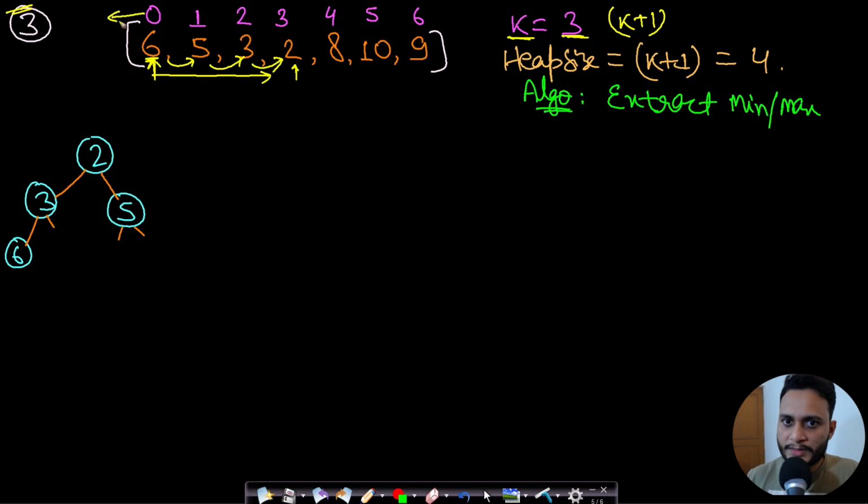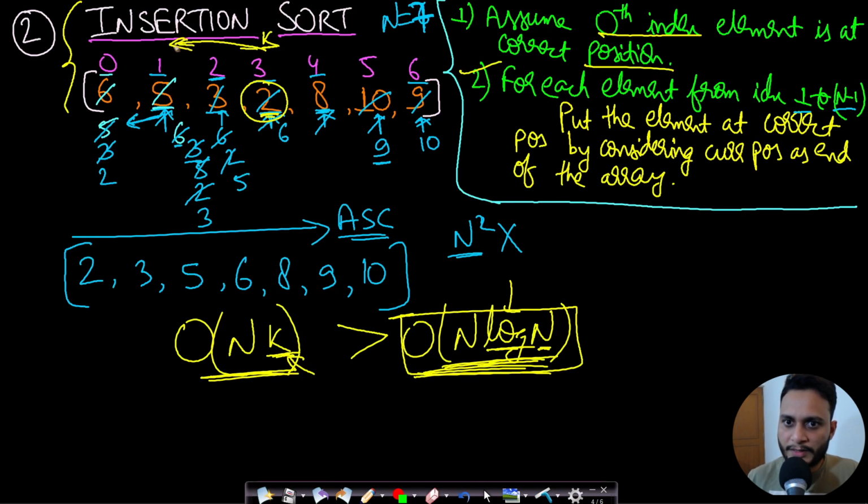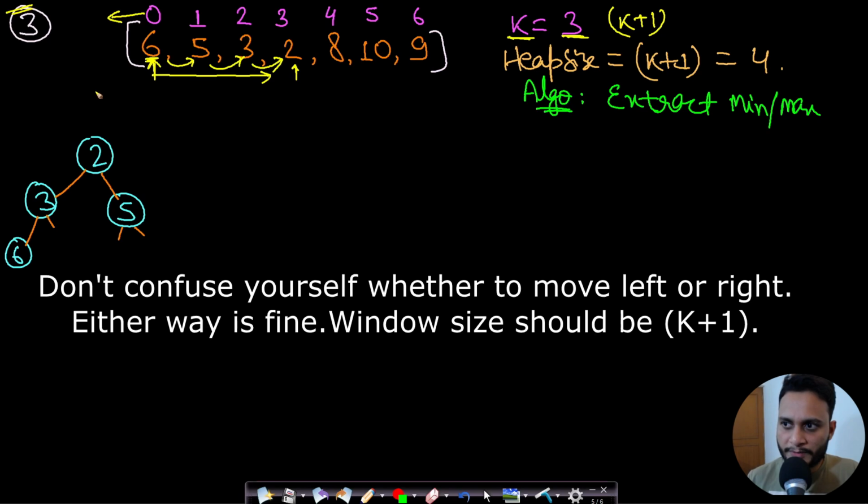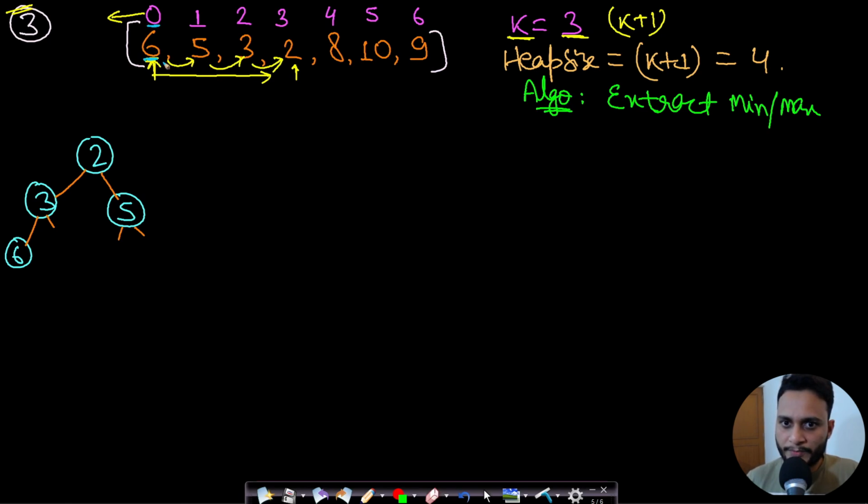Because we are not considering anything to the left. In the insertion sort as well, we were just considering the left elements. We did not consider the positions to the right. In this case, we will be only considering elements to the right and not on the left. So here, if you consider the element which will be present at index 0, then obviously the element which will be present in the sorted order at index 0 will be from among the elements at index 0, 1, 2 or 3, right? Because the array is k sorted. So the smallest element will be among these first k plus 1 elements.